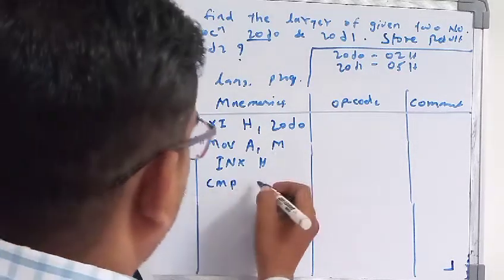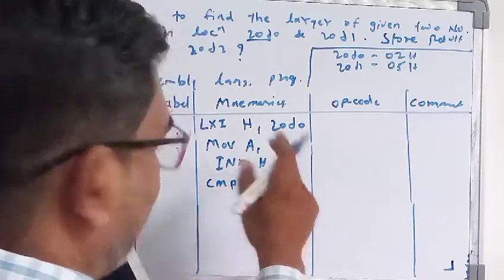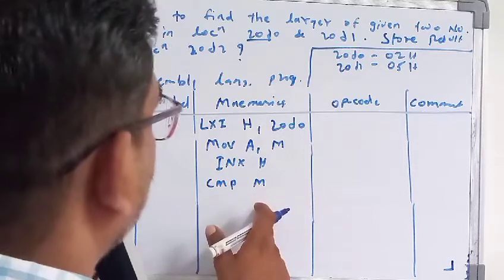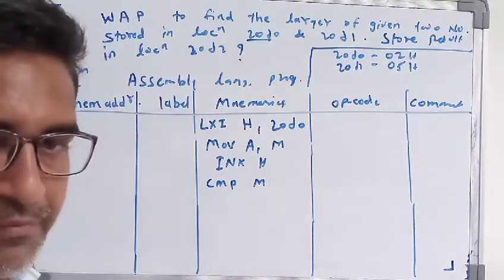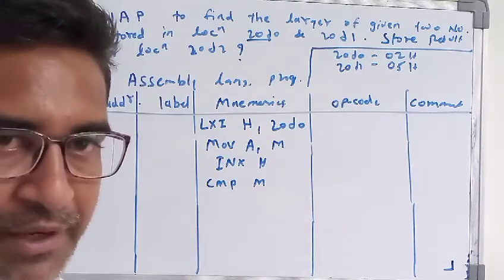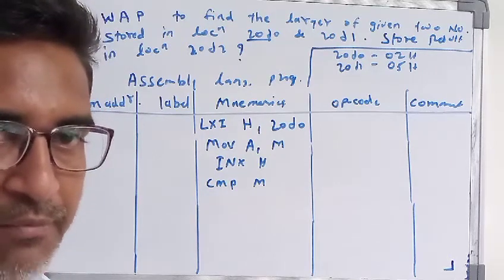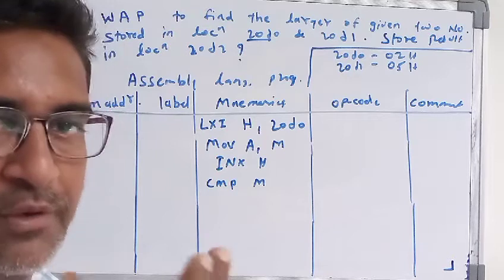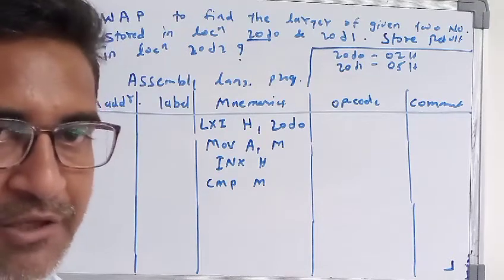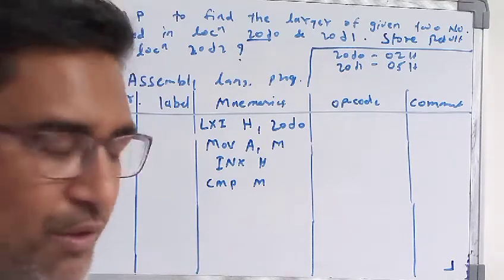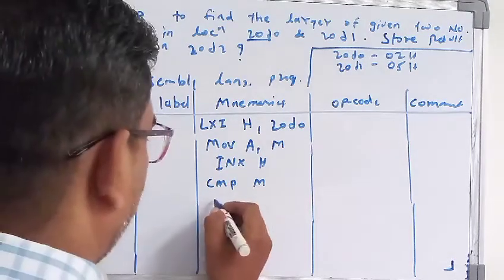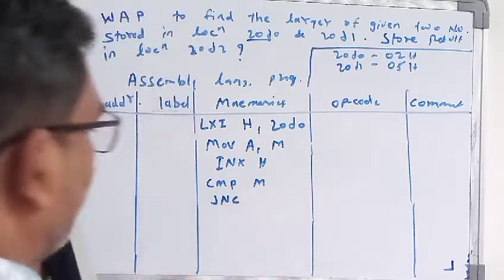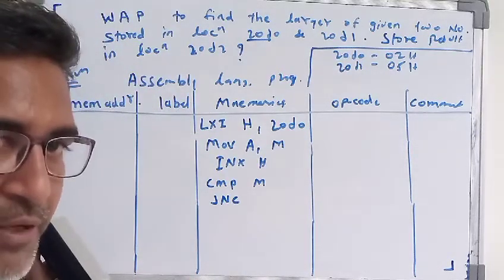So CMP, what we have to compare? We have to compare the H with the HL pair. That is nothing but a memory. After comparing this, either one small number and one larger number will get, or both numbers are large, or both numbers are small. That we don't know, and that's why we are using the JNC instruction for comparing that particular number,